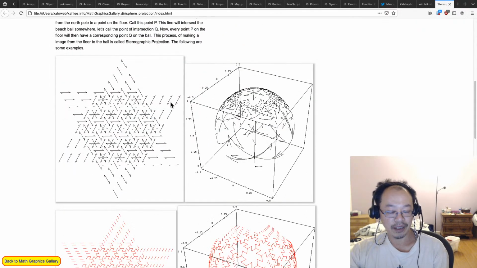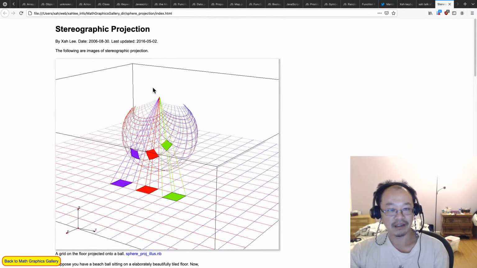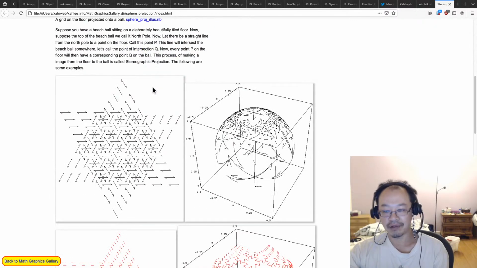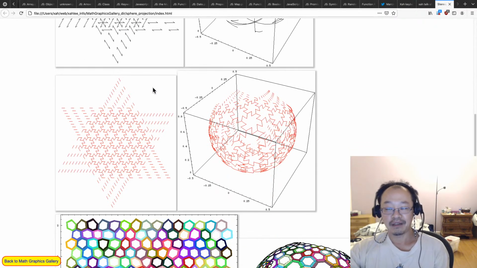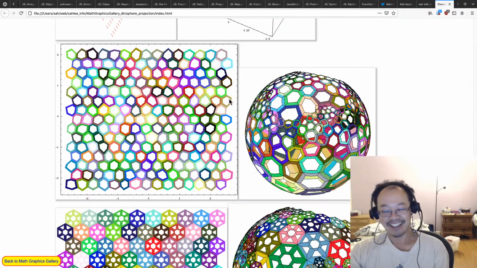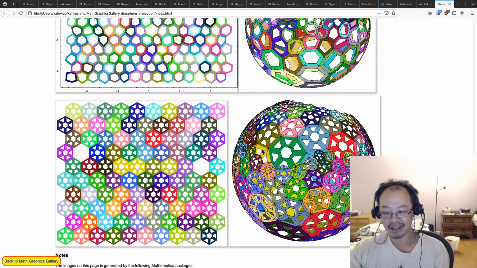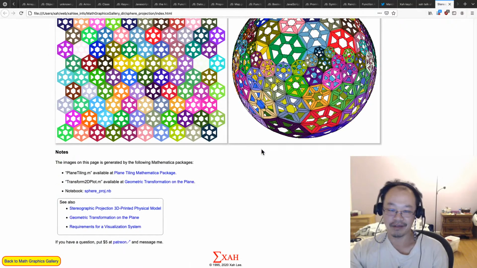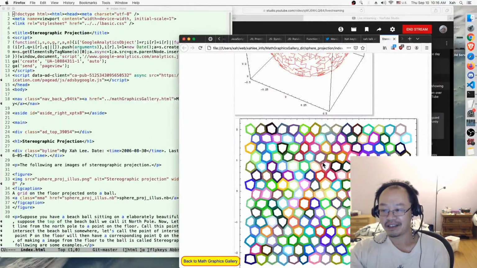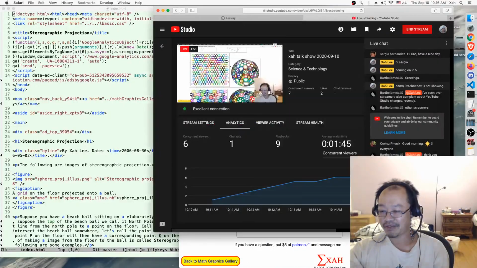So we got some pretty pictures. All these graphics are done in Mathematica. In what year? 2006. Okay, I did them in 2006. Mathematica. You can do them in JavaScript today. It would not be too difficult. Shall we try to do that in JavaScript? Actually, if we do this, I cannot finish it in 1 hour. It will be 2 hours or so. I haven't done this for a while. So beautiful, stereographic projection,